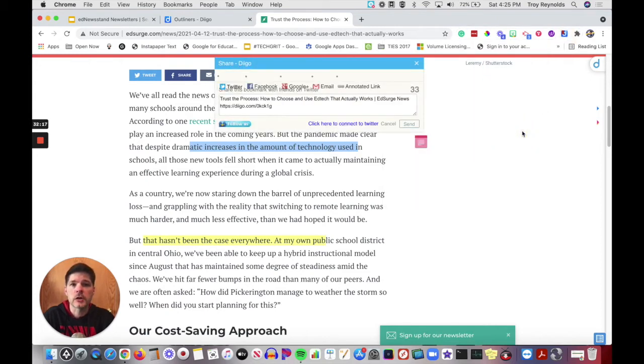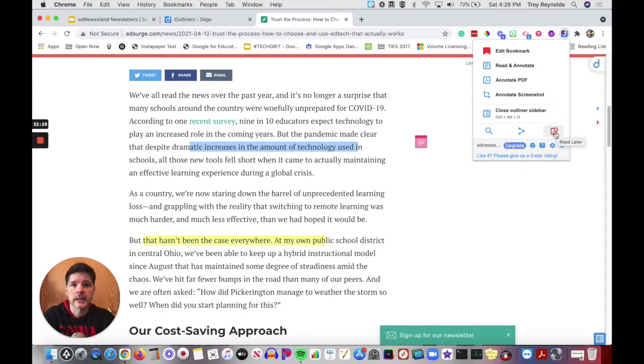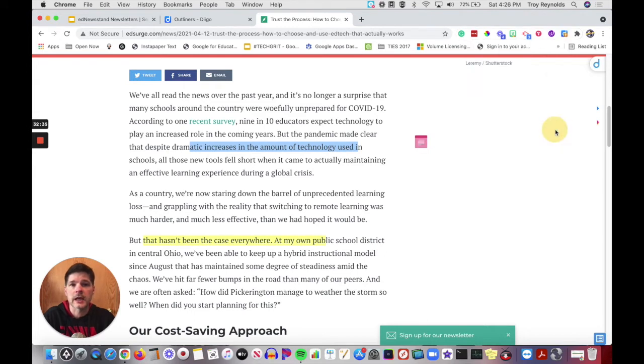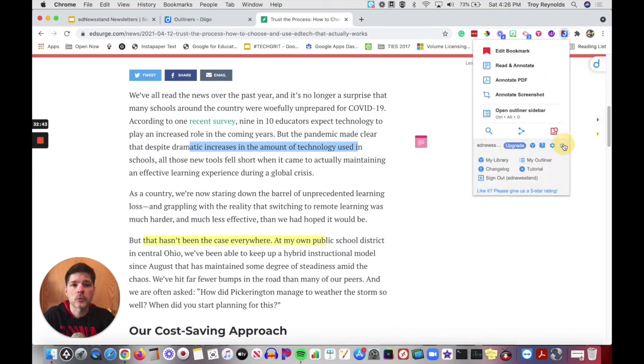You can easily share the article through Twitter, Facebook, Google+, email, or through an annotated link. And you can choose the read later option, which I did when I initially picked it. And if you choose to pick it from the Diigo extension, it will automatically close the tab. Finally, if you click the arrow in the bottom right-hand corner, you'll be able to see that the Diigo extension